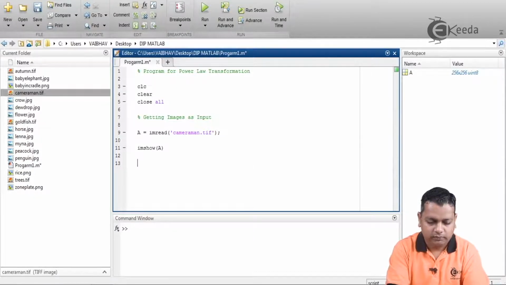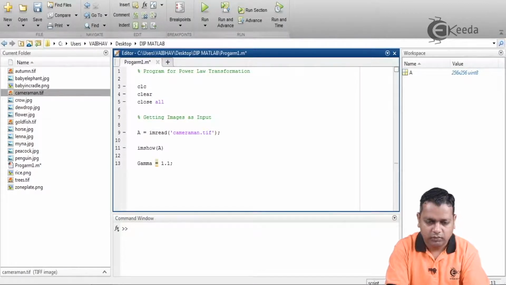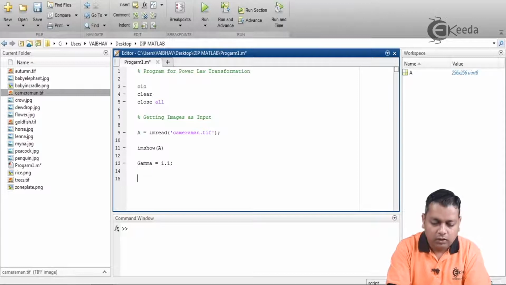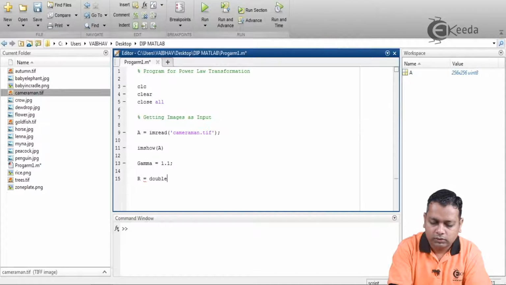So for that purpose I take a variable named gamma, and currently I provide it as input 1.1, terminating with a semicolon. Next we have the formulation for the result. I store the result in the variable r, and we assign it the input image converted to double type for computation, and now it shall be raised to the power of the variable gamma.